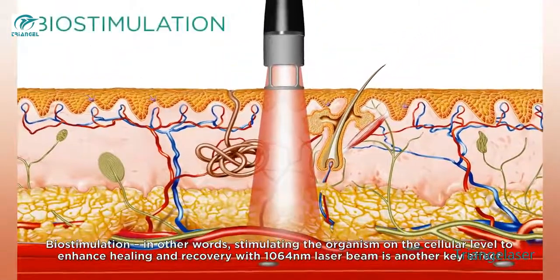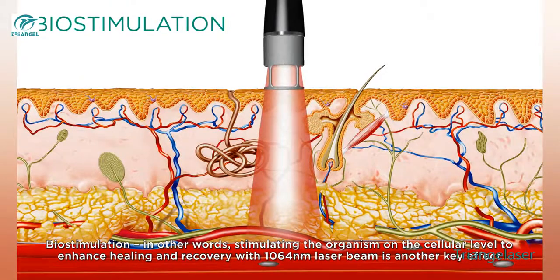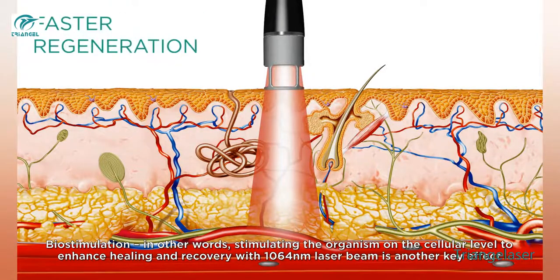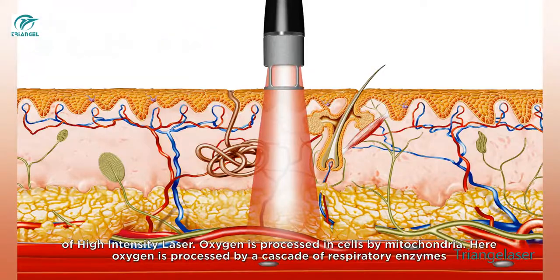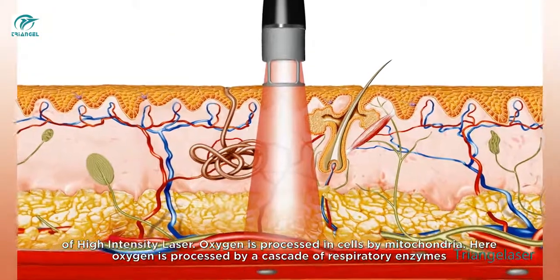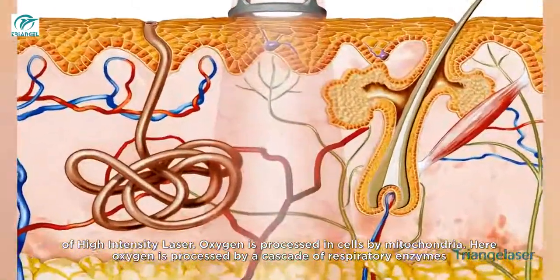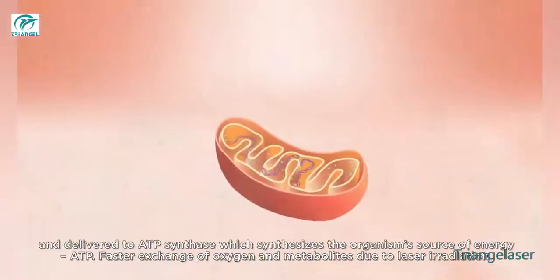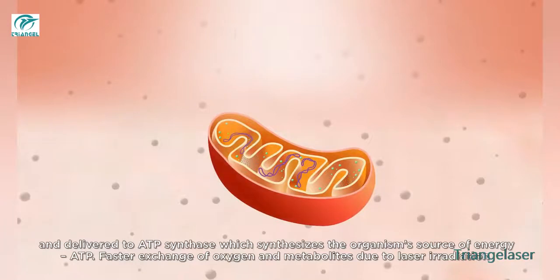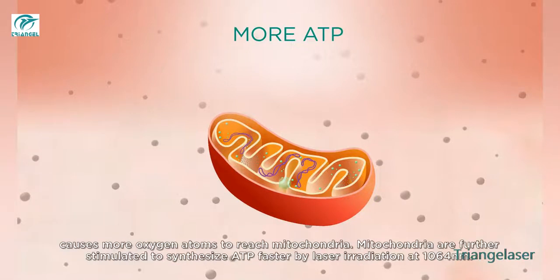Biostimulation, in other words, stimulating the organism on the cellular level to enhance healing and recovery with a 1064 nanometer laser beam, is another key effect of the high-intensity laser. Oxygen is processed in cells by mitochondria. Here, oxygen is processed by a cascade of respiratory enzymes and delivered to ATP synthase, which synthesizes the organism's source of energy, ATP. A faster exchange of oxygen and metabolites due to laser irradiation causes more oxygen atoms to reach